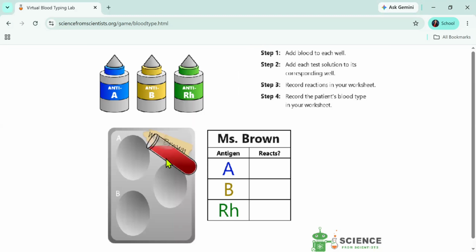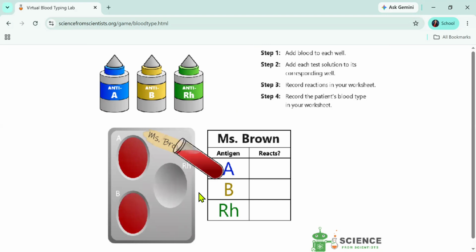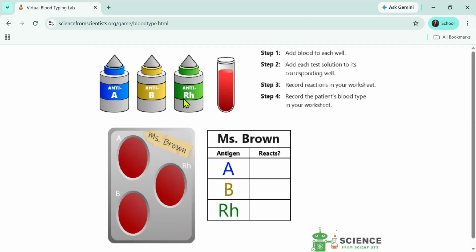So from Miss Brown, you will put the blood here on the B plate. And then the next thing you need to do is put serums on the wells that we have here. You have the blue for anti-A, antigen A, and then yellow for antigen B, and usually it is sold as a colorless bottle, but here we have green for the RH factor. For you to say that it is type A, it should agglutinate with anti-A, okay? So type A has A antigens on red blood cells.